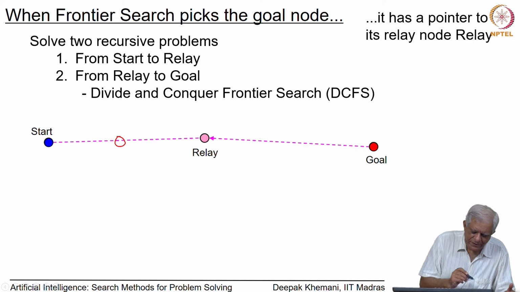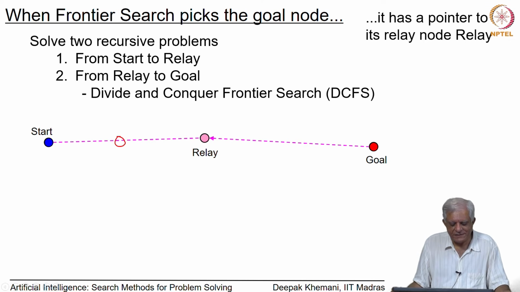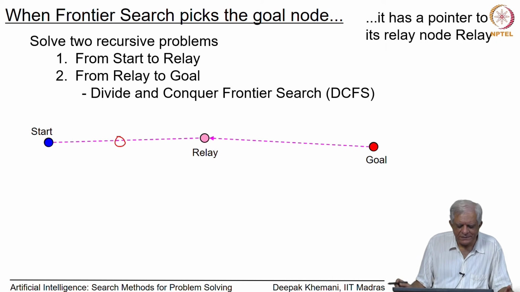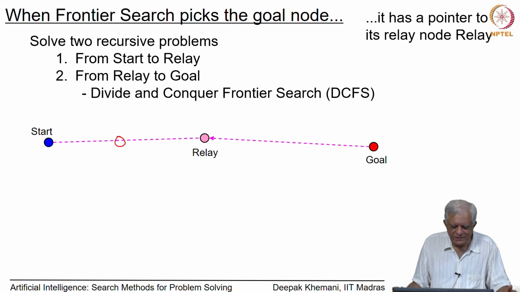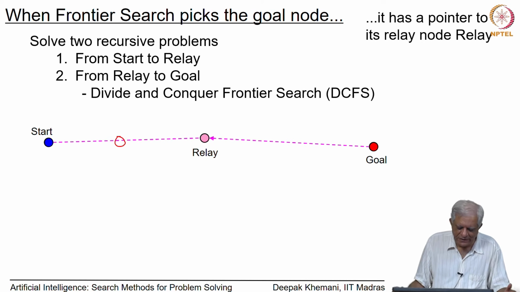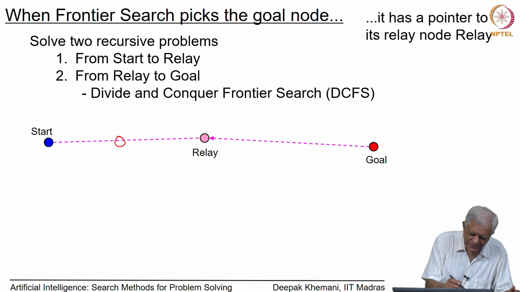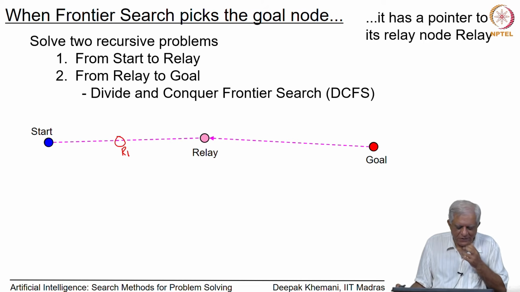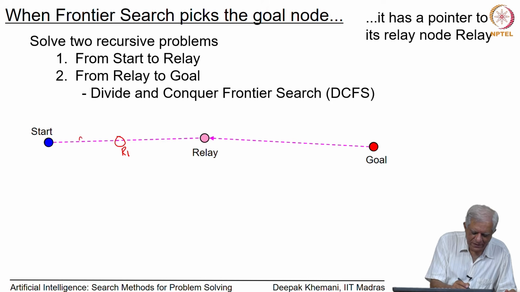Another relay node would be found on the optimal path essentially. Then you solve the second half, which, depending on what order you solve them, or let us say you continue solving recursively the path from start to relay. So, you have found another relay on the path, if we call them R1, then you solve the left hand side and you will